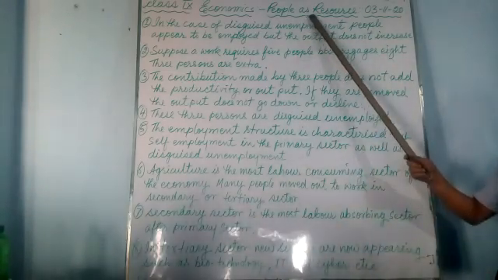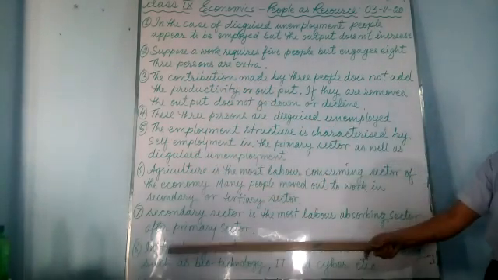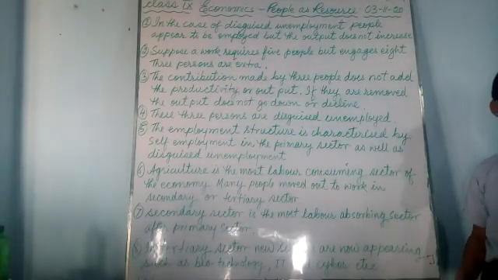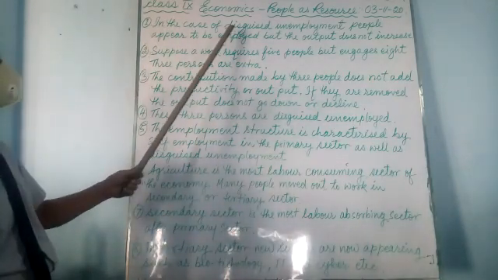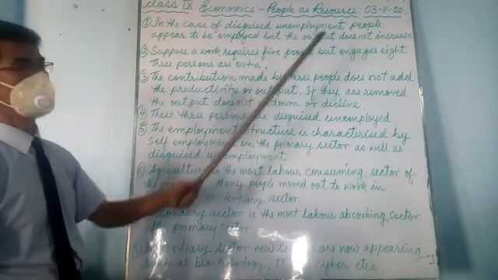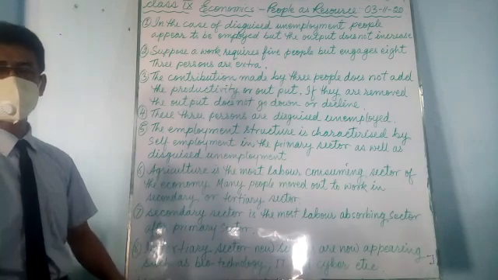People as resource. We are doing this chapter, and this is the title of the chapter. Here there are altogether 8 points. Let's go through them one by one and pay attention carefully. You can copy it out later on. First listen carefully. In our previous class we learned about disguised unemployment